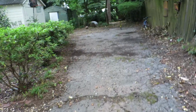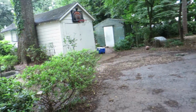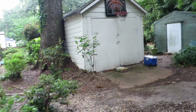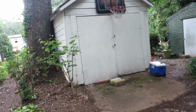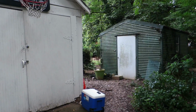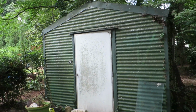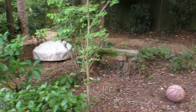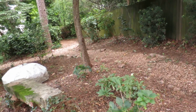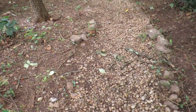backyard. And so as you walk along, going towards the back portion of the yard, you can continue with the pebble paths and you come across the shed, which we didn't have torn down. We had it painted. There's also a greenhouse, guys, like a legit greenhouse. It has lighting, it has plumbing in there. It's amazing. So you keep walking around the pebble paths and it just takes you further and further into the